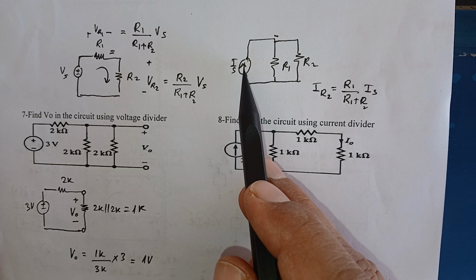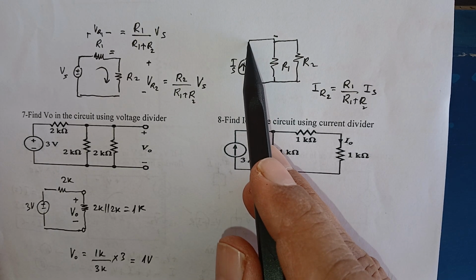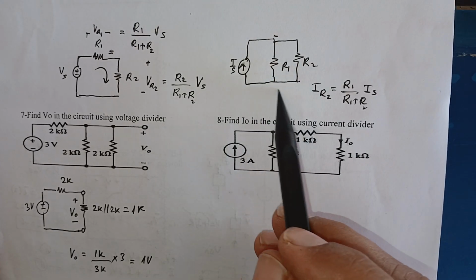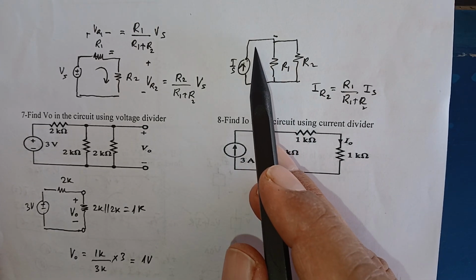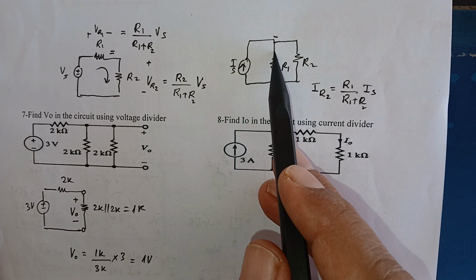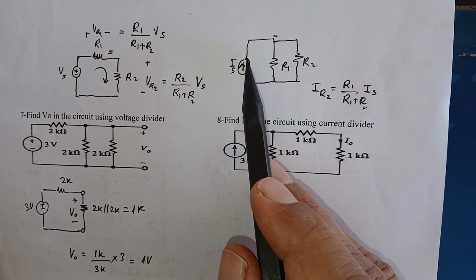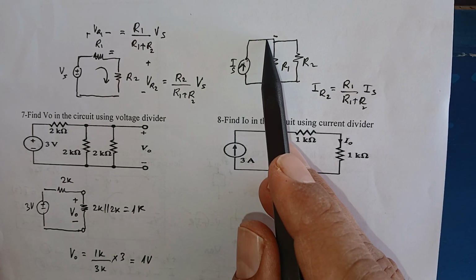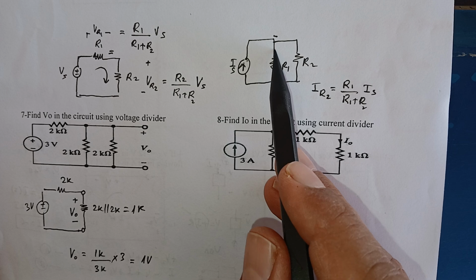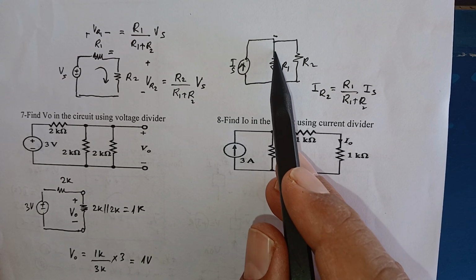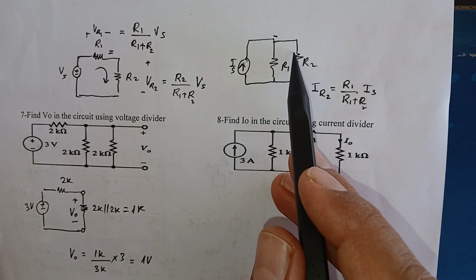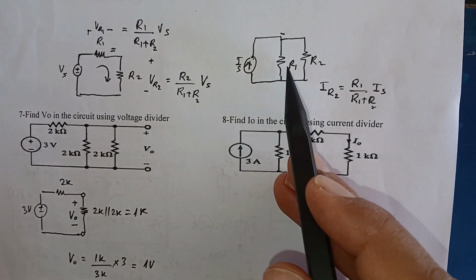The validity for applying current divider is that all these three should be between two nodes here, and the current could be entering or leaving this branch here. If this is coming from this direction, it can flow here and here in two branches. It can be divided into two branches. So the statement is that